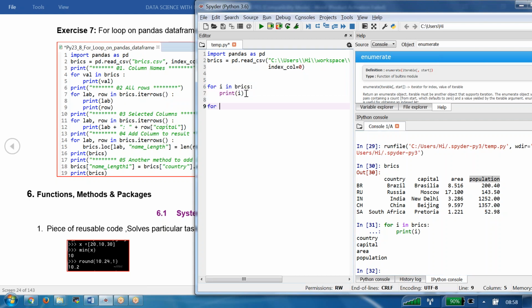For loop. Then the output is what? Two values are going to be output. One is called label, second is called value. In. Now what is this? Bricks is a data frame. Then we have one method here, that method is known as